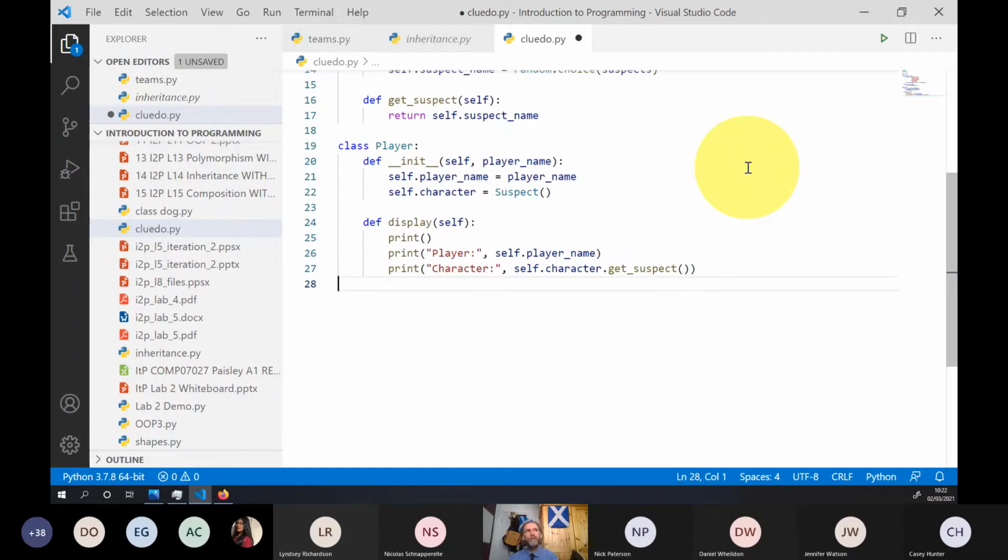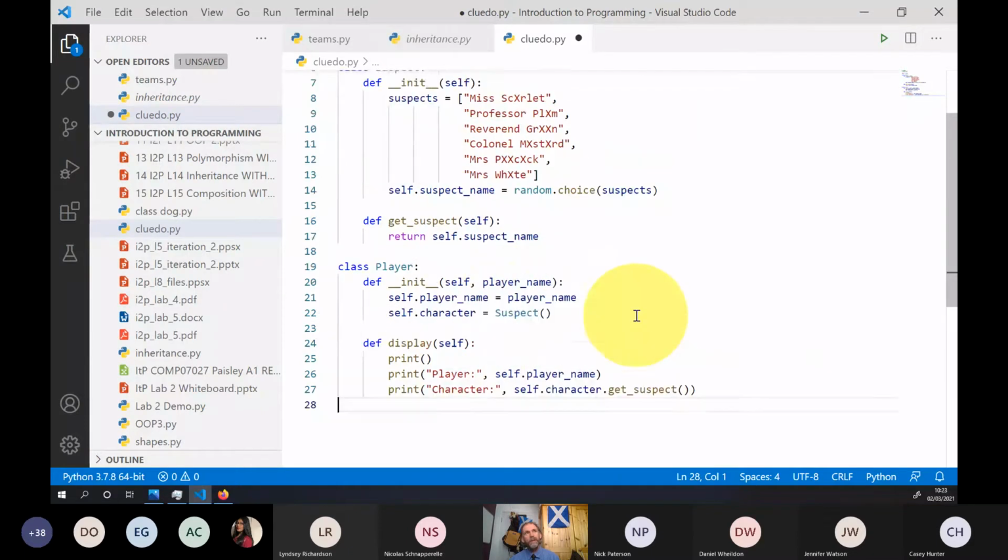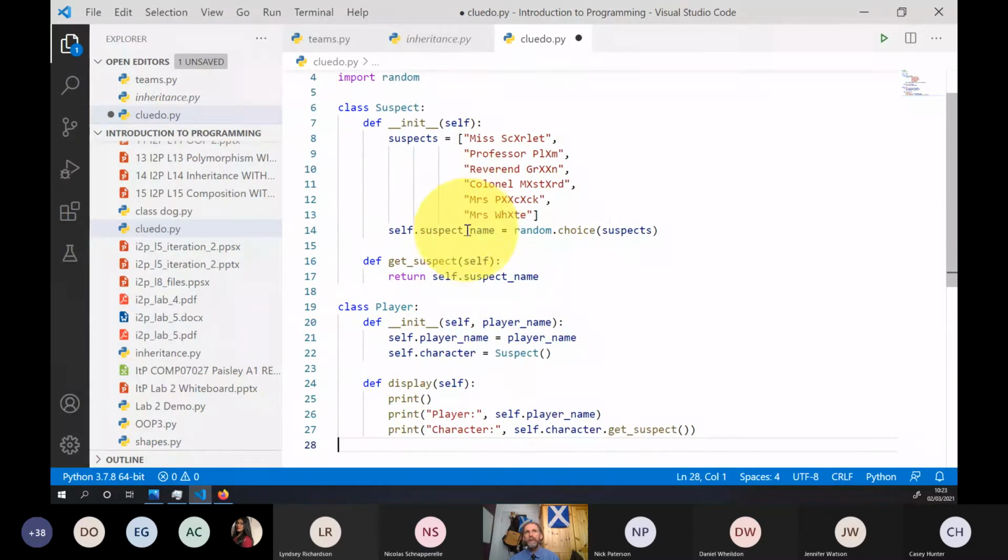If I display the player, it puts the player name and the character that that player is being. And we know that by going to the self character attribute, using the suspect class that we've linked it to, and we've got the suspect name.